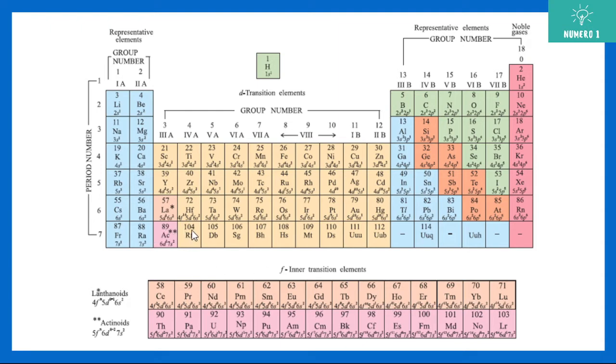Same way, 89 to 104, you see there is a huge jump again. The element next to 89 is here, 90 to 103. So this is your f block element, that is again your actinoids, or you can say this is your 5f series, and this is your 4f series. So lanthanoids and actinoids are represented at the bottom of the table. d block elements are written in the middle of the table. And since they are kind of inside the transition, that's why the name is inner transition elements.